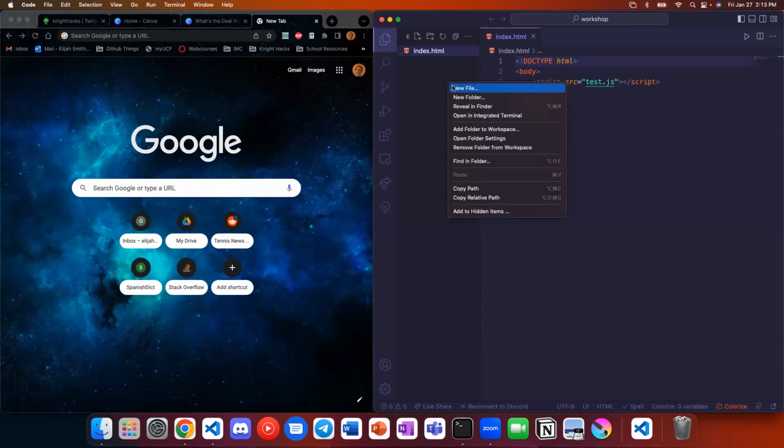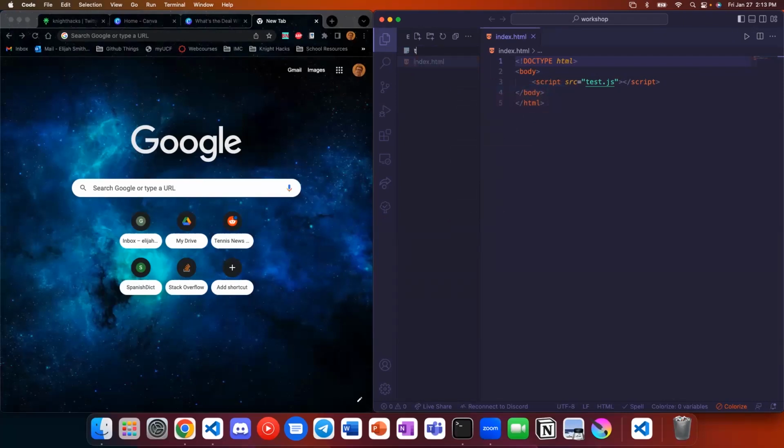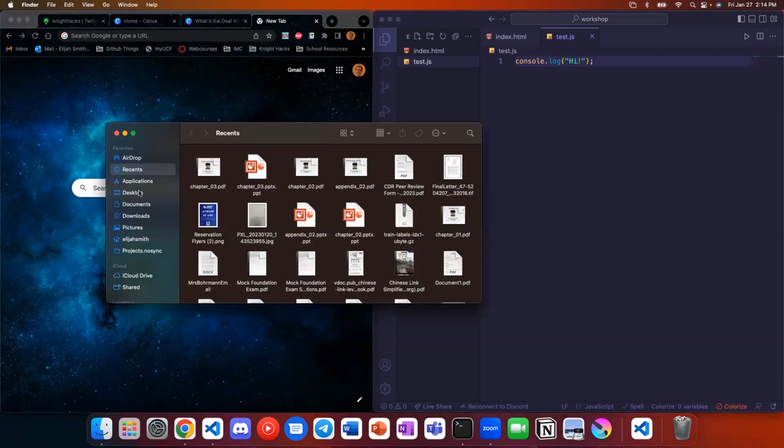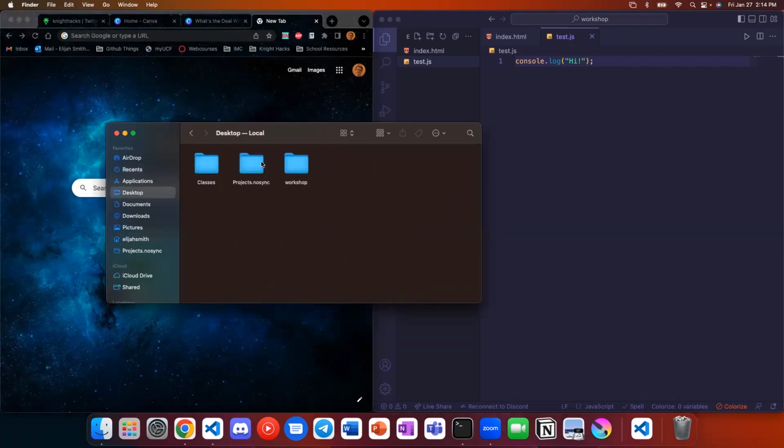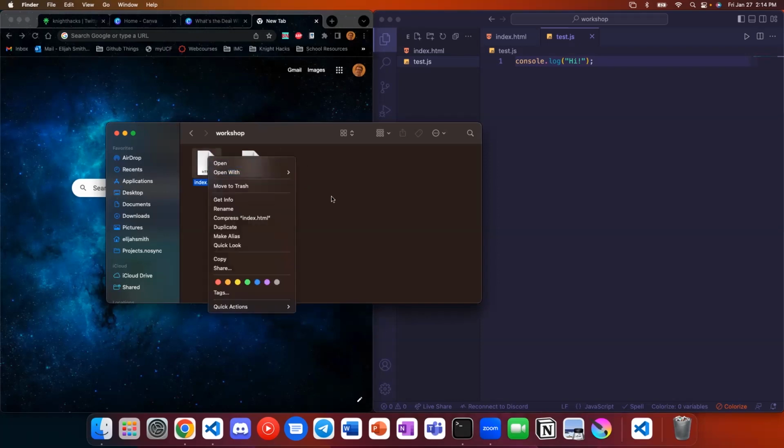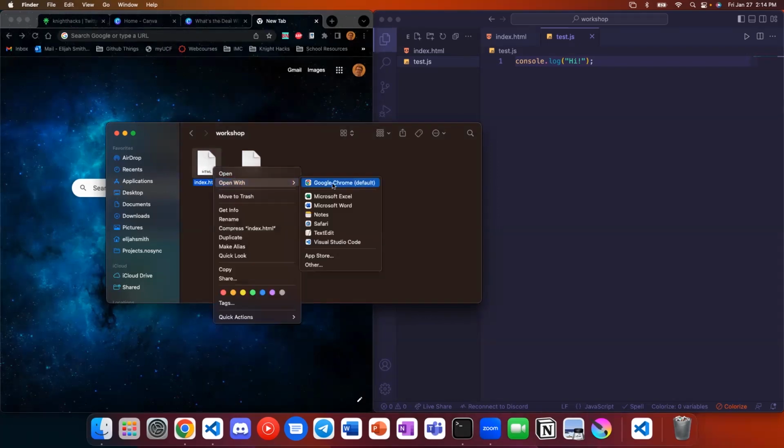I'm going to take that script and put it in another file at the same level. Let's make sure this works. We can console.log, which is how we print anything, and that's all you need. You can put a semicolon on the end, or you cannot. Semicolons are optional, which is great. Then let's find that file you just created, which is on my desktop, right-click on the index.html, and open with Google Chrome. That will open it in your browser, and this is where we're going to try everything.